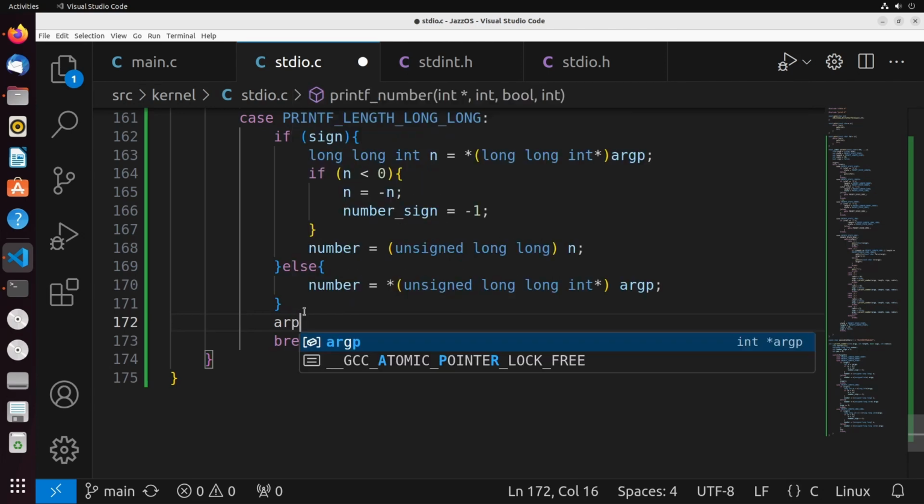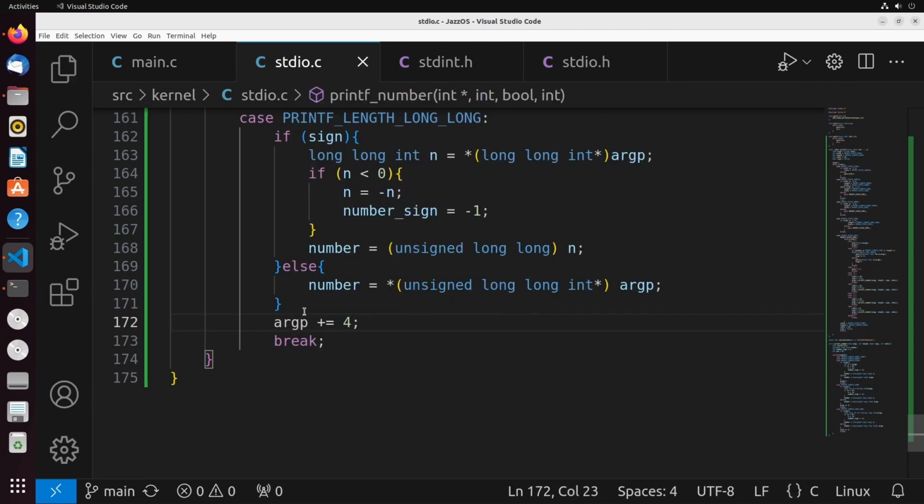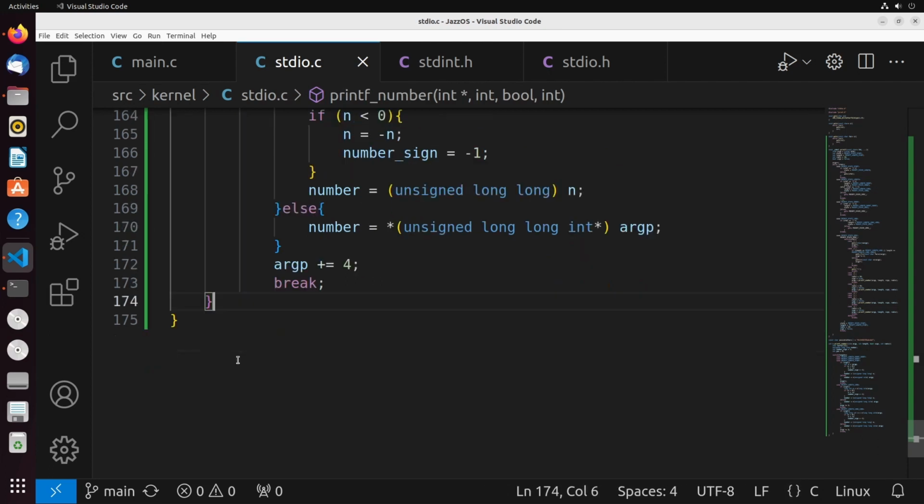Finally, to increment argp, we increment argp by 4. Again, because this is generally twice as big as a long, so it's going to be twice as much of an increment. Now that we have all of that set up, all we need to do is parse out the